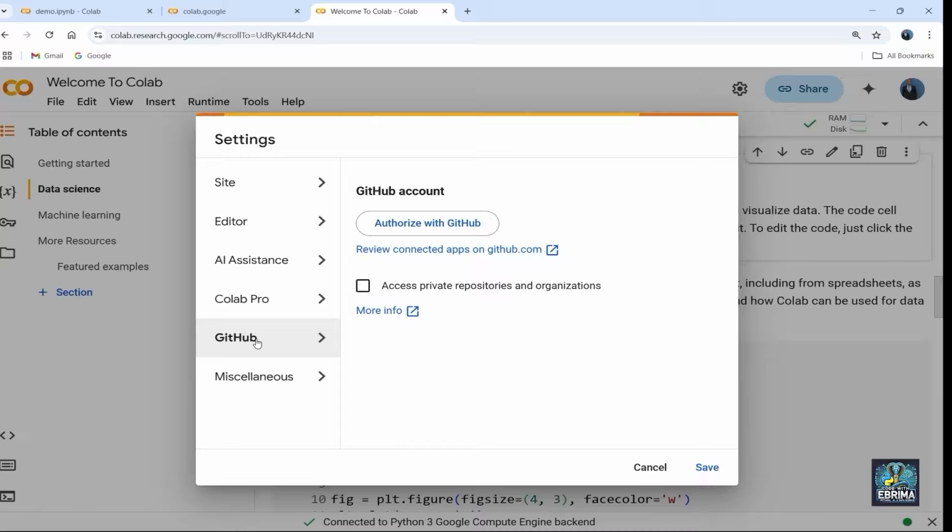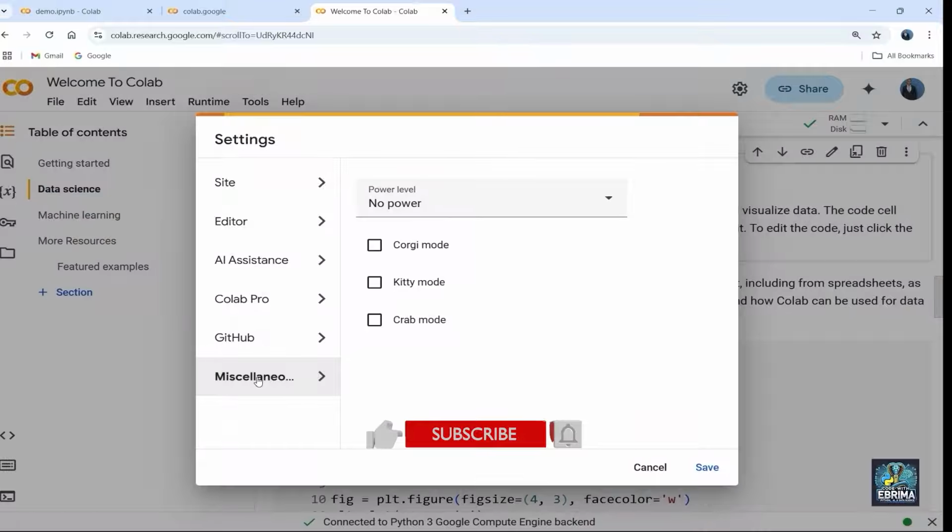The next one here is the GitHub integration. It allows users to connect their GitHub account to Colab. This enables importing and saving notebooks directly to GitHub, making collaborative development easier. This is important to note. And finally, we have what is called the miscellaneous settings.